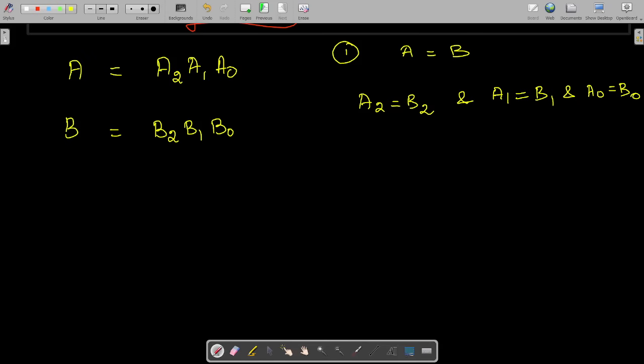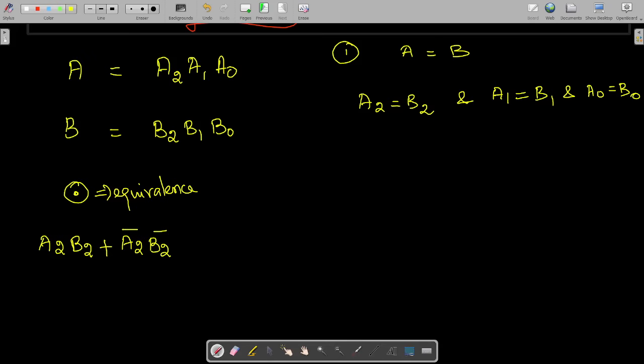But how do we take A is equal to B? Immediately you can put the equivalence operator. What is an equivalence operator? We know that XNOR is the equivalence operator. Otherwise, in another way we can say A2 is equal to B2 means the A2 bit value should be 1 and B2 bit value should be 1, or the A2 bit value is 0 and B2 is also 0.